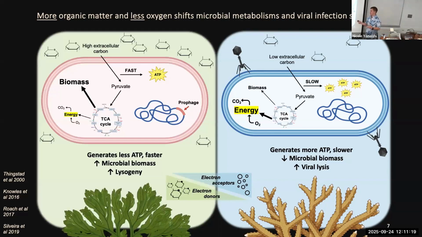On an algae-dominated reef, we see a switch. So suddenly we have a ton of surplus carbon on the outside. And so we see these shifts towards microbes that are using different metabolic strategies. Suddenly they don't have to be as efficient with their resources. And so instead, they can use these alternative metabolic pathways that just kind of burn through that carbon. They generate less ATP, but they do it faster, right? But because they're generating less ATP, they can't actually always get all the way through the TCA cycle.